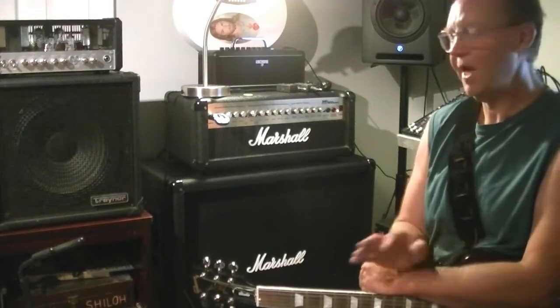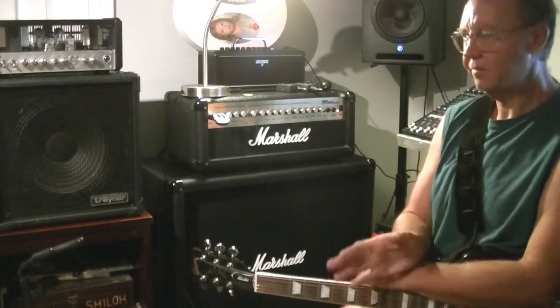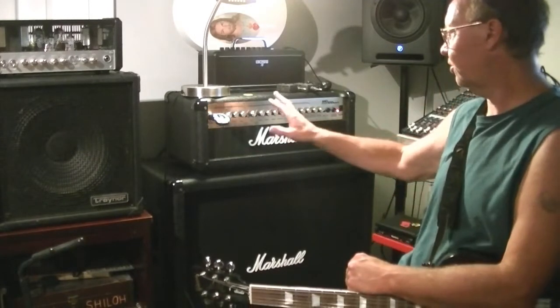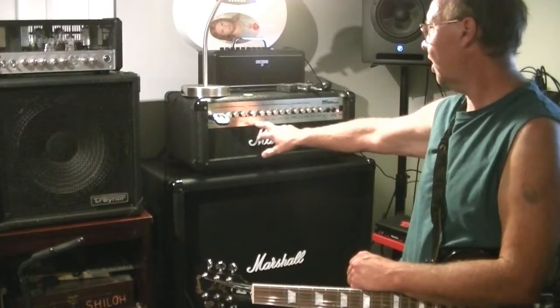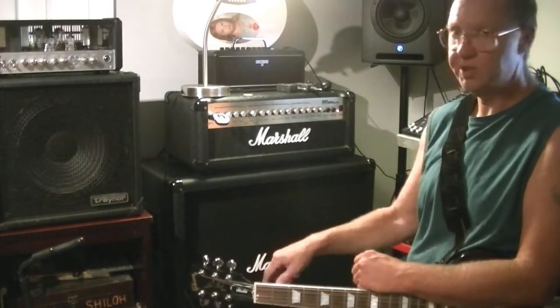I mean, you couldn't do anything with it to get a decent sound, but with a pedal you could, right? Leave it on clean, put a pedal on it, you're alright. This thing, totally controllable, which is awesome. Overdrive 1 and 2. Now, when you have the foot switch hooked in, which this thing did come with,